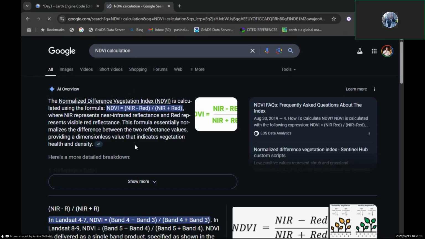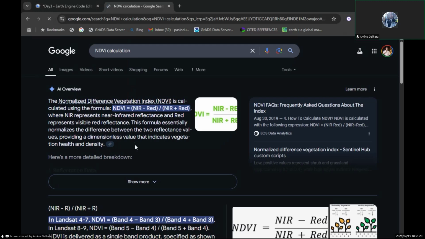Okay. So for the NDVI calculation, we need near infrared NIR minus the red band, then divided by the near infrared plus red. Okay. So the NDVI calculation equal to